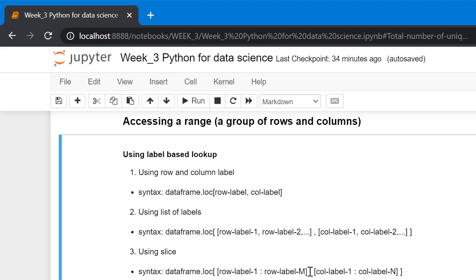specify a slice, which is start row label colon end row label, and start column label colon end column label.